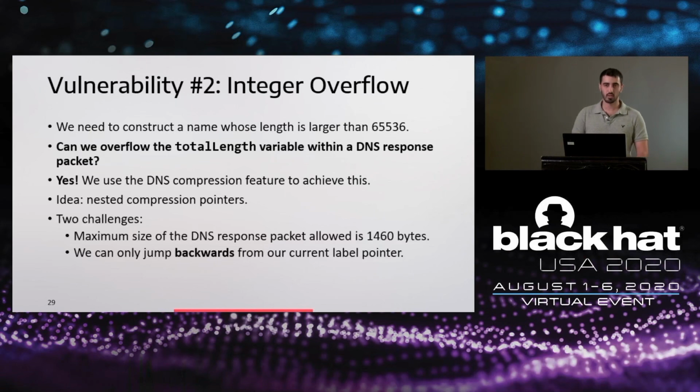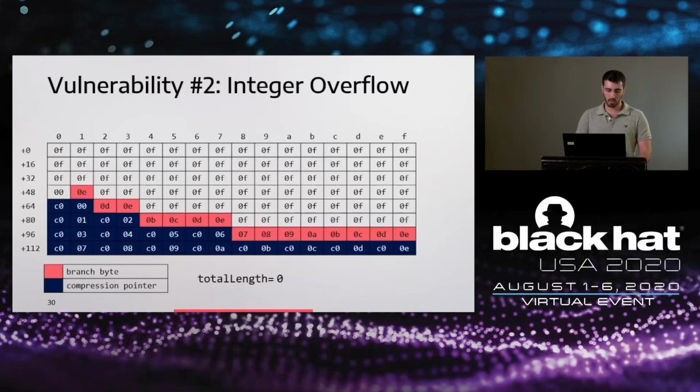Keep in mind during the examples that we have two challenges to overcome. First, there is a limitation on the size of the DNS response packet. The maximum size allowed is 1460 bytes over UDP. And keep in mind that we can only jump backwards from our current label pointer, so we need to overcome this challenge also. So what you see in front of you is the basic construction we used in order to overflow the total length